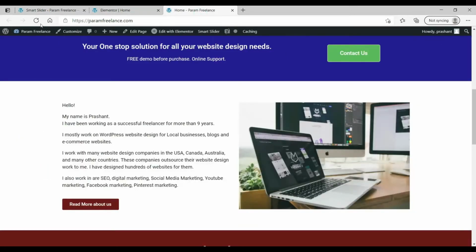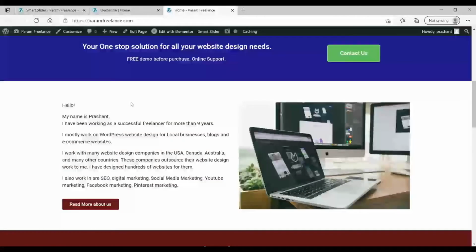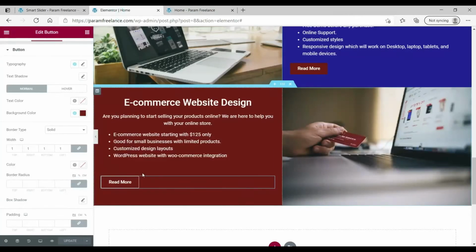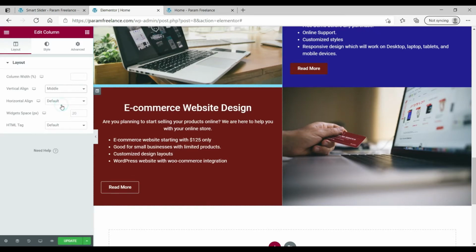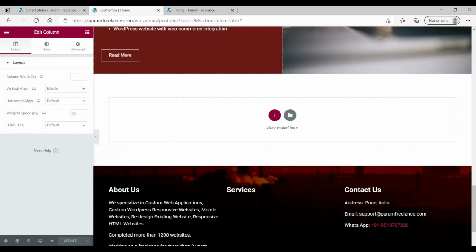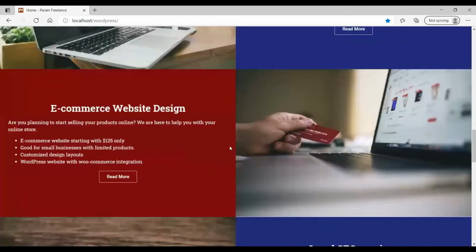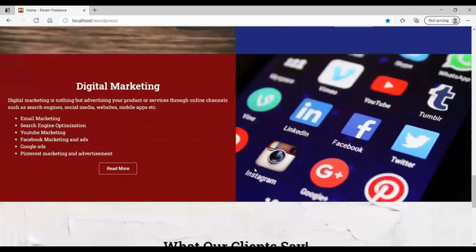You can now go back to the page and refresh it. Let's see. All right, we got it now. Let's change this, align this to top, vertical, middle, and update it. All right, so we have got 2 more sections to add. So you see, these will be the same sections, image and the text. So I'm just going to do it and I'll let you know.